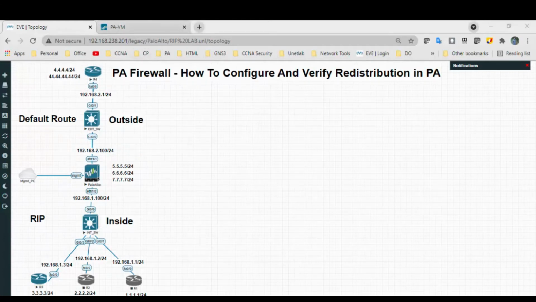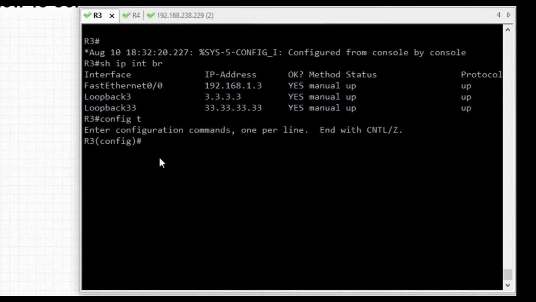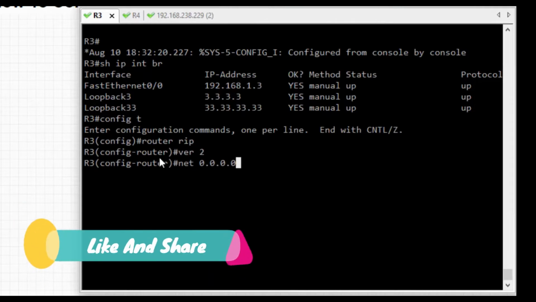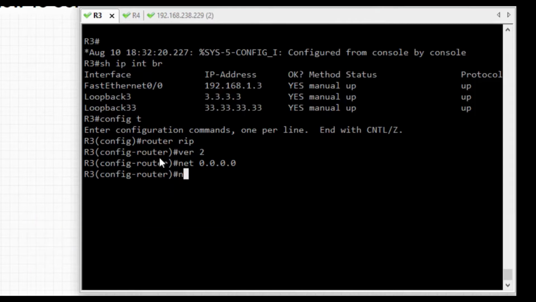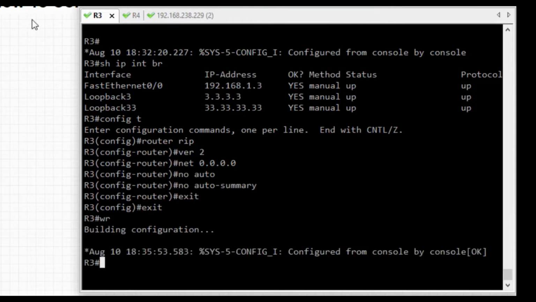Okay, so first we will go to router 3 and configure the RIP protocol. Router RIP, version 2, network, whatever networks I want to publish, no auto-summary. Exit. Write the configuration.